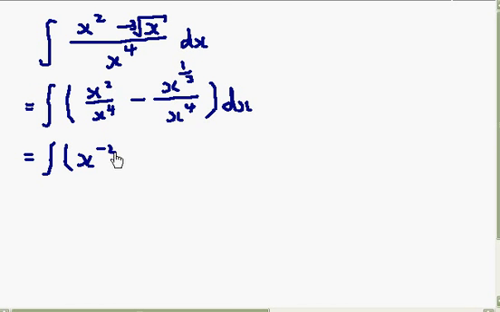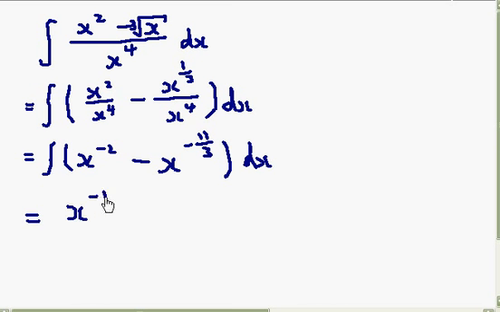Now, x squared over x to the 4 is x to the minus 2. x to the third over x to the 4: well, 1/3 take away 4 is minus 3 2/3, which is minus 11/3. Okay, so minus x to the minus 11/3. I would have to go and give myself a challenging one,